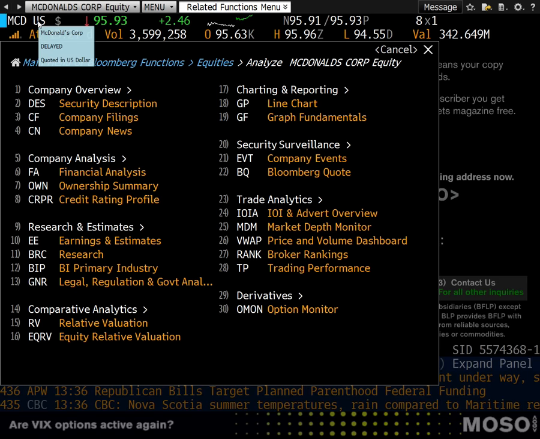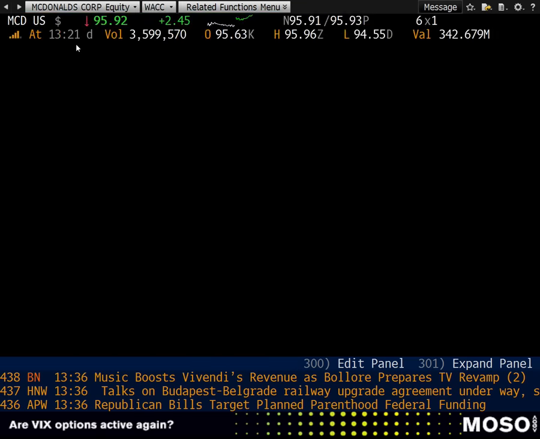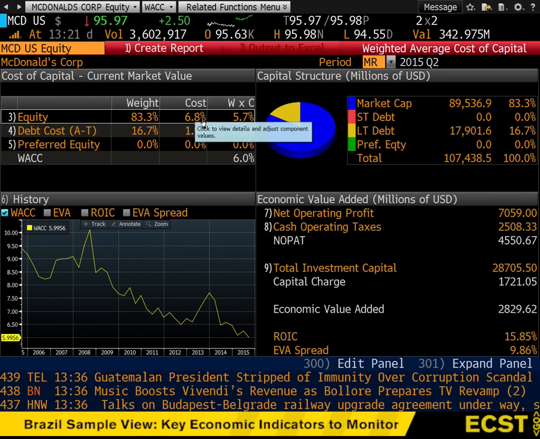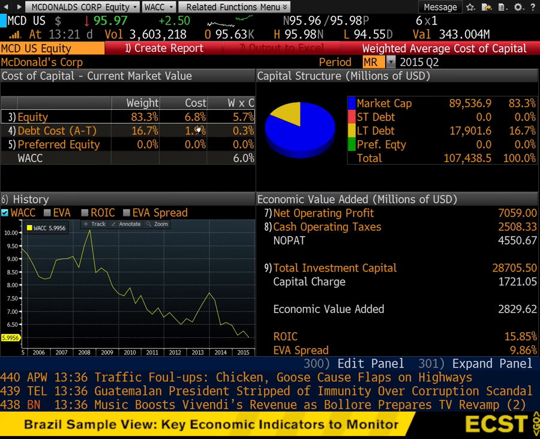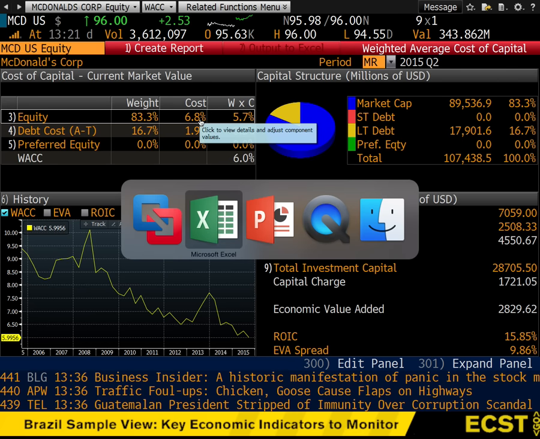The first screen I'm going to go to, once I get to the company, is called WACC. And this is a real-time WACC. I want to look at what's called the cost of equity. So cost of equity for McDonald's right now is 6.8%, as opposed to the WACC, debt and equity, which is 6%. Because if I do the PE, I want the cost of equity. So 6.8%. The screen is the WACC after you get to the company. That's what you're going to have to do on your homework